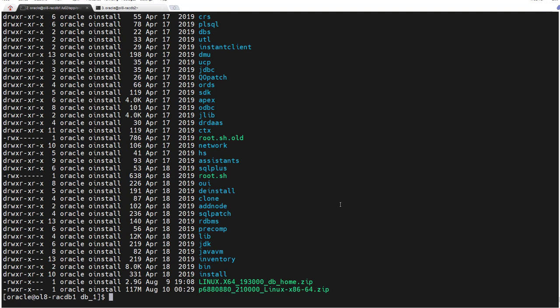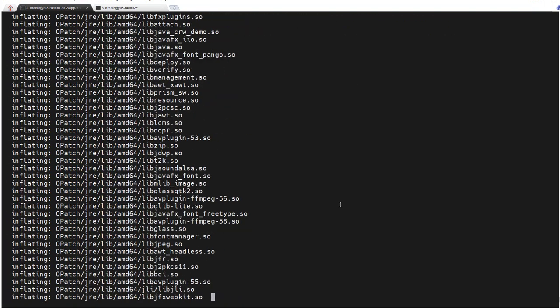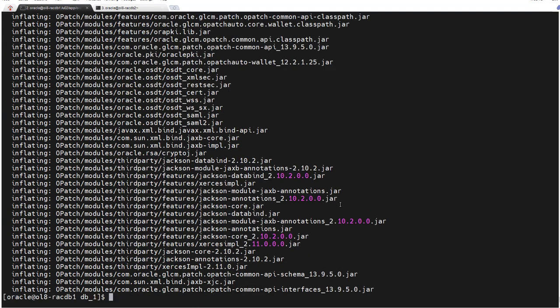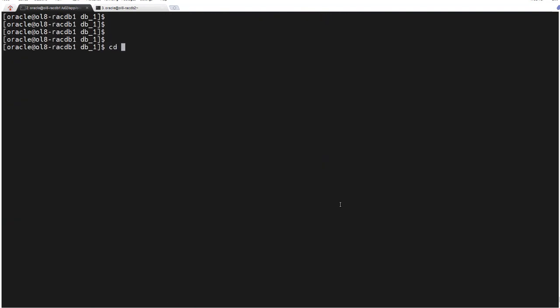To update the OPatch utility, we need to unzip the latest OPatch that I have downloaded. We need to unzip and replace all existing files. This is done.